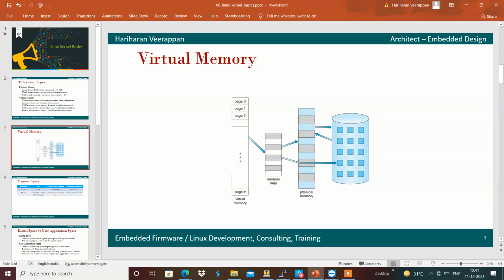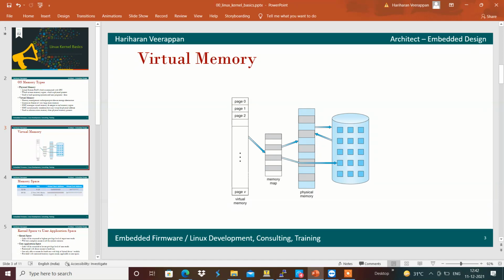For example, in the BeagleBone Black, we have 512 megabytes of physical memory, and if we want to execute a 1 gigabyte application using the 512 megabyte SDRAM, then the 1 gigabyte application will be present in the whole virtual memory, which is the physical memory plus the storage space.